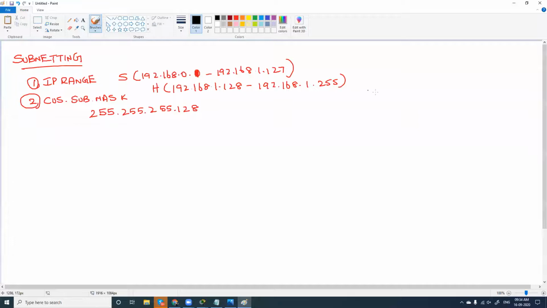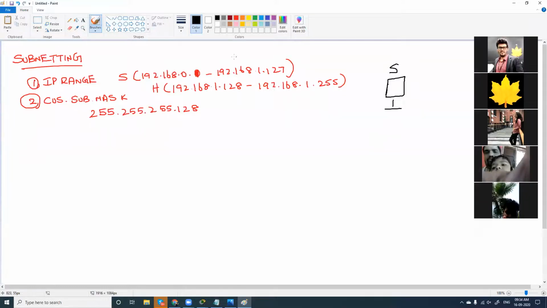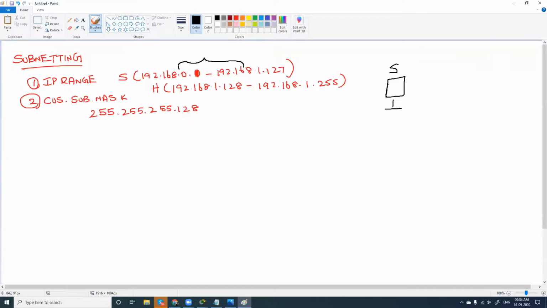So imagine, if you're configuring a sales computer, a computer which belongs to the sales department, you will be assigning any IP address from 1.1 to 1.127. So I might give 192.168.1.10, which belongs in this range, and my computer's subnet mask will be 255.255.255.128.